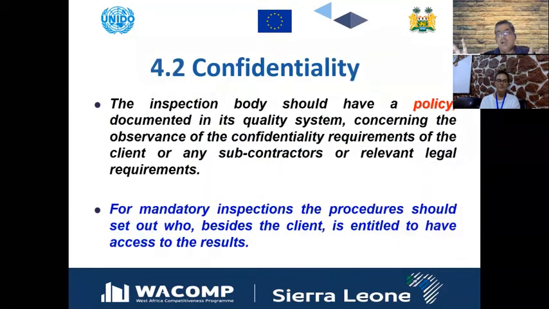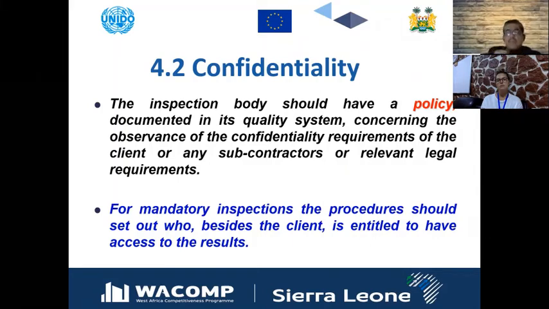Overall, the entire class, that is clause 4, the general requirement, is based on three important things. One is impartiality, the other is independence. And that can be fulfilled in the case of PMB because PMB is a type A inspection body. The second that needs to be adopted is confidentiality. So independence, impartiality, and confidentiality need to be adopted at all levels.